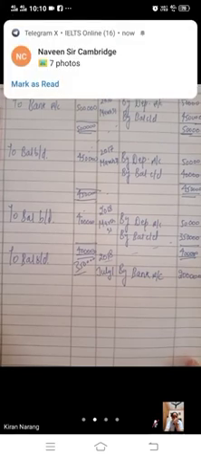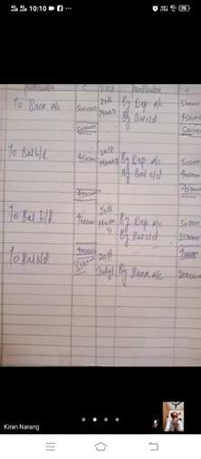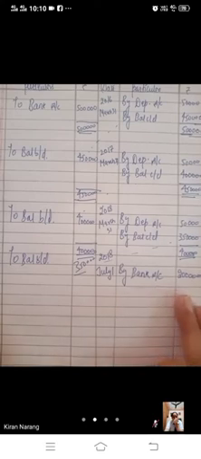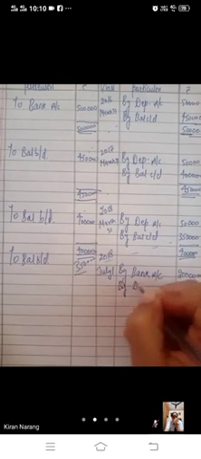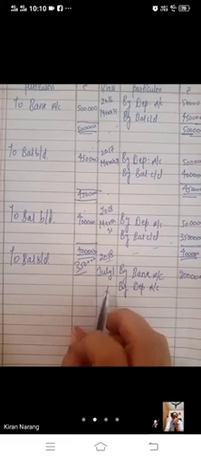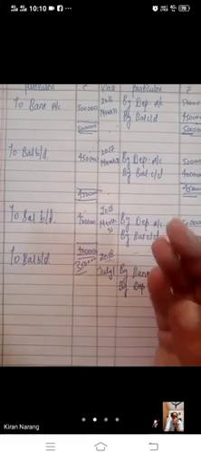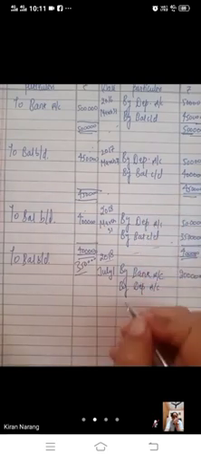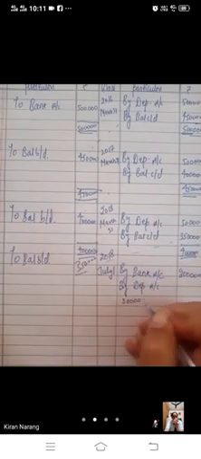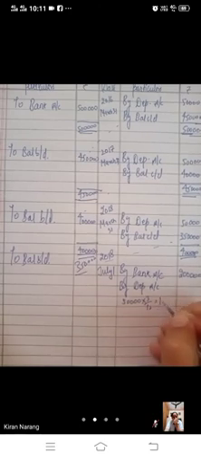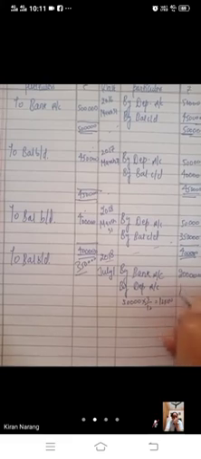It is given in the question that on 2018 July 1, we have sold this asset for rupees 2 lakh. So, for 3 months we have used this asset from April 1 to 1st July, April, May, and June. So, 50,000 is the depreciation for the whole year. So, 3 months depreciation will be 12,500.